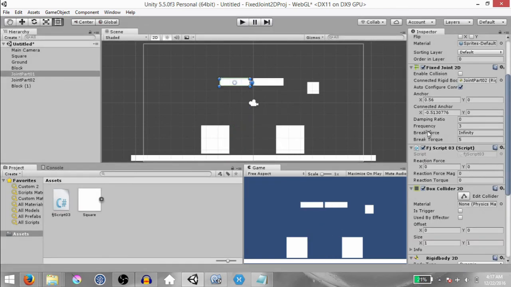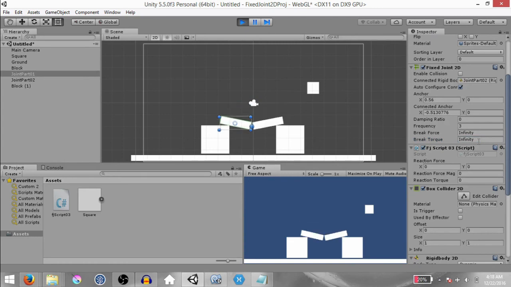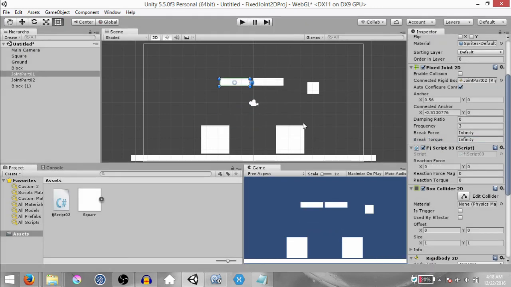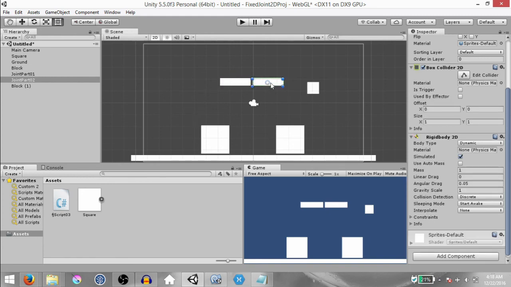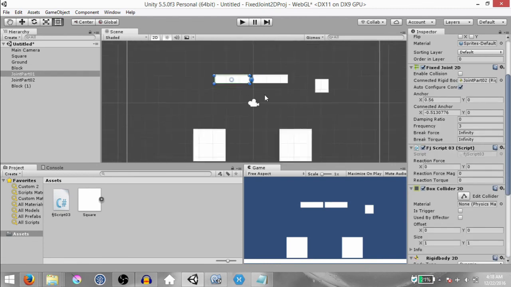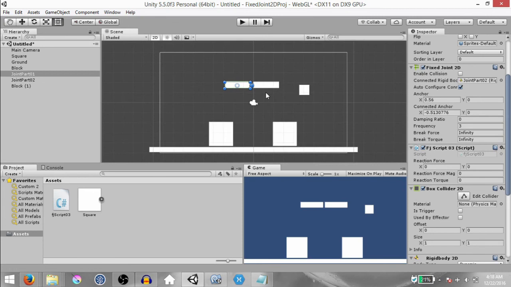And just like brake force, even brake torque can be set to infinity, in which case the joint is not going to break. Now, I want to make one thing clear. The aim of the FixedJoint2D component is not to make two objects look like they are in a straight line or something like that. The aim of the FixedJoint2D is to maintain a relative linear and angular offset between two